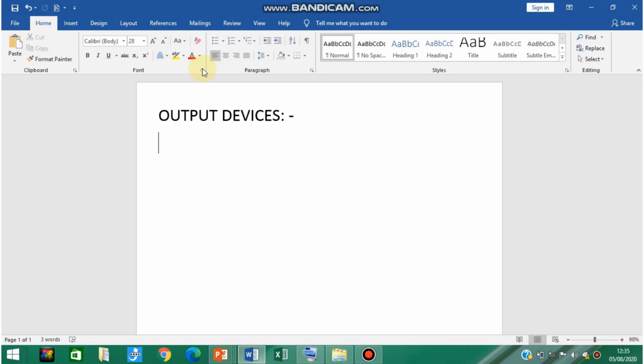By default when we open the Word document, we are inside the Home tab. Inside the Home tab there is a section called Paragraph. In the leftmost top part of that Paragraph section, you will find the bullets option, and beside it you will see a drop down arrow.